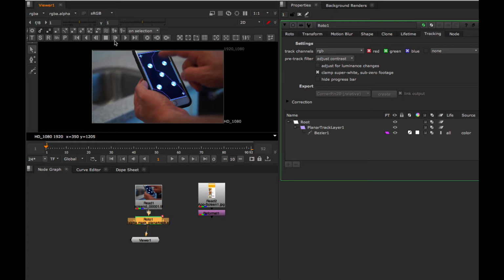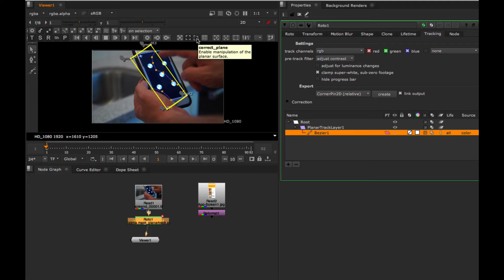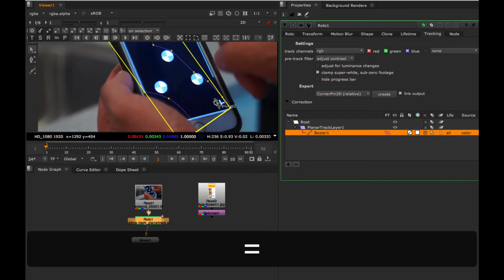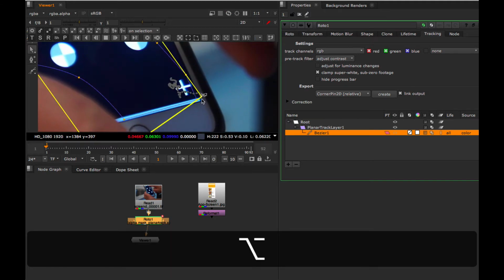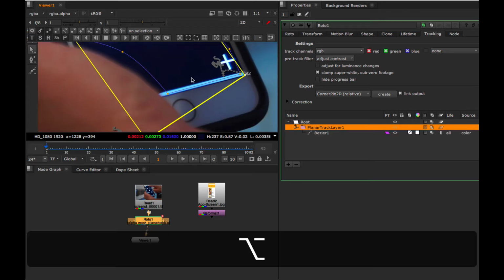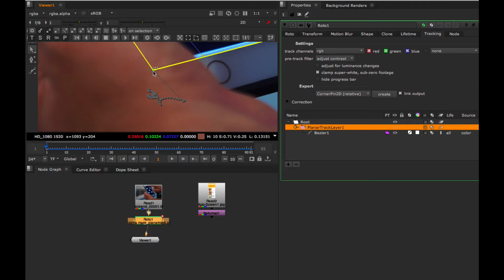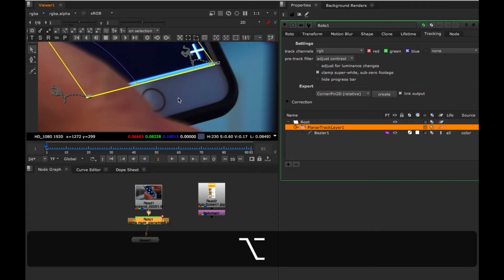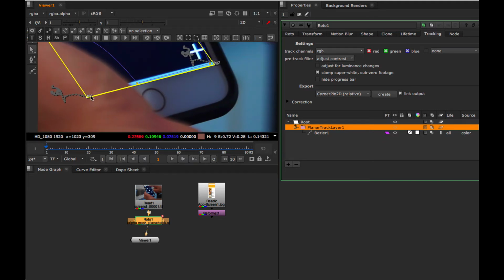And to see how this tracker did, I want to display the planar surface by clicking this button here. Sorry, I have to select this. Display the planar surface and allow myself to edit the planar surface. So enable manipulation of the planar surface. If I zoom in here, I'm just going to zoom right in and hold Option and drag. I want to click and get this point just right. Okay. I'm going to hold Option, pan across here, and I'm watching the line here as I'm dragging this